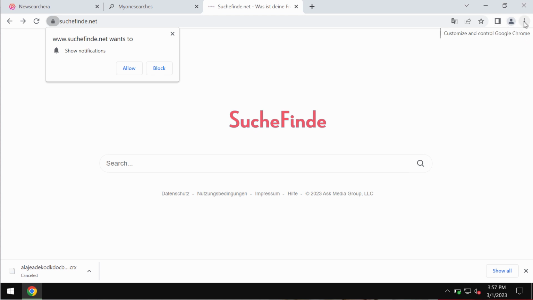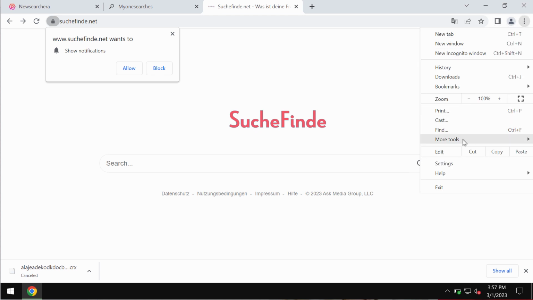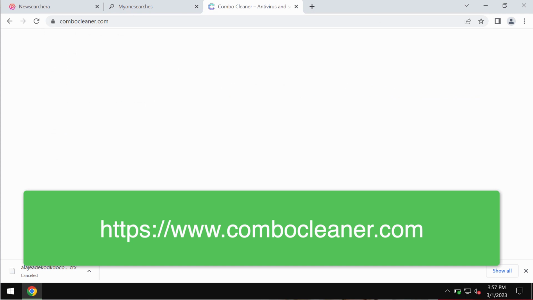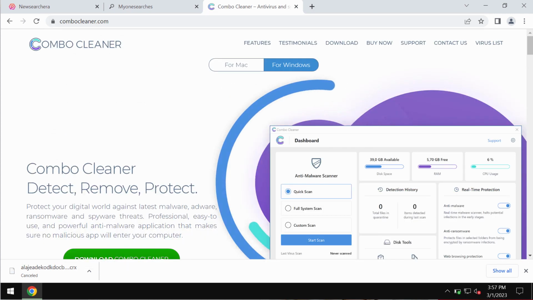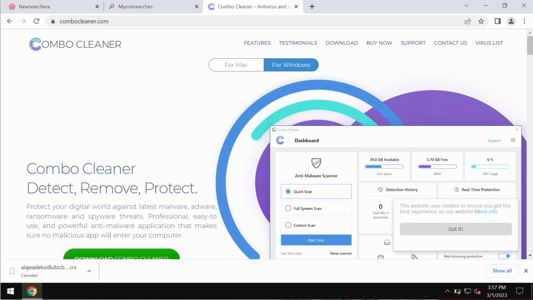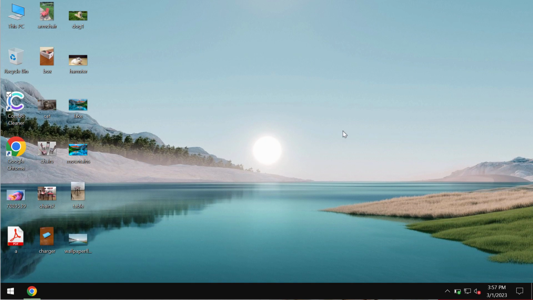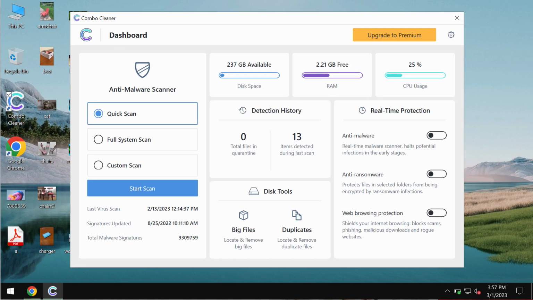So you need to remove it immediately by accessing the menu More Tools, Extensions. Then if you find any third-party extensions here, get rid of them. To be convinced that your system is free of any other infections, I do recommend that you investigate it with Combo Cleaner Antivirus. You may get Combo Cleaner on the page combocleaner.com, download it, install it, and start examining your